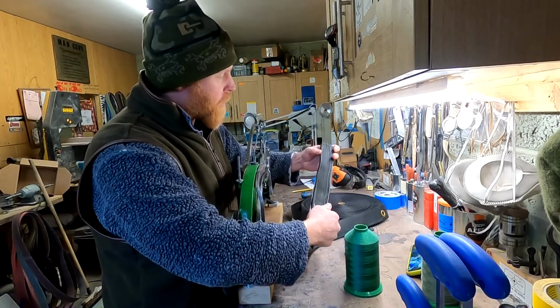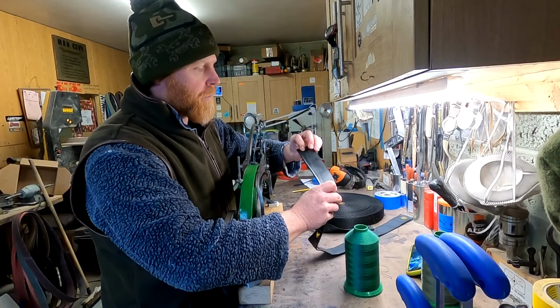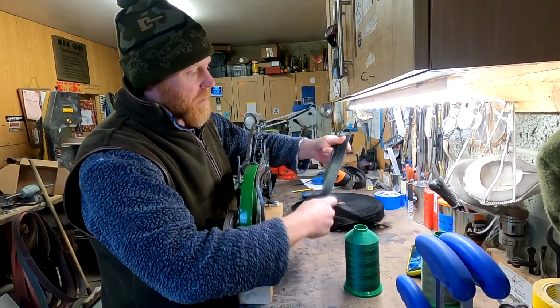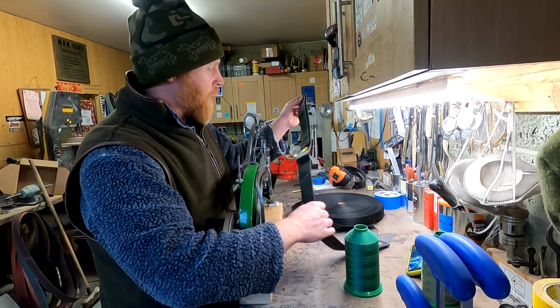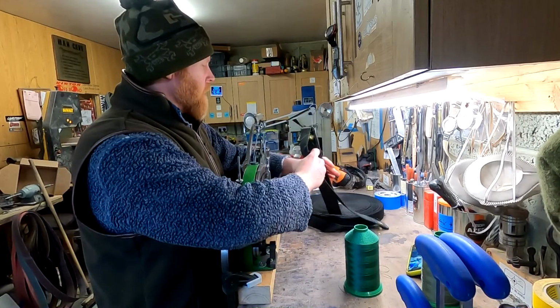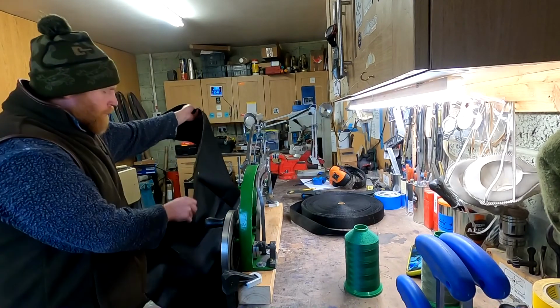So I've got a piece of the webbing, doubled over, and also a piece of the tarpaulin on the end. And the stitching line seems to look all right. So I'm quite happy that it's going to set up. It's set up right for how I want it. So my next job then is to get me a big piece of tarpaulin,